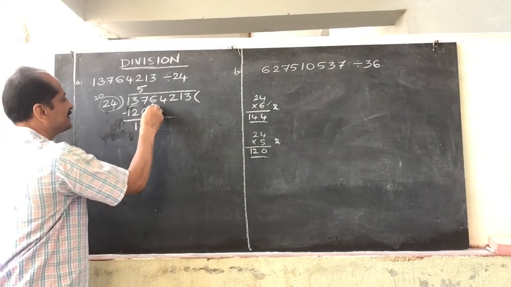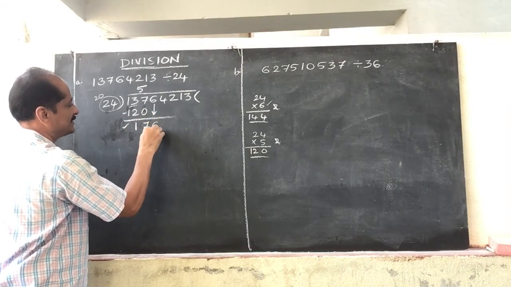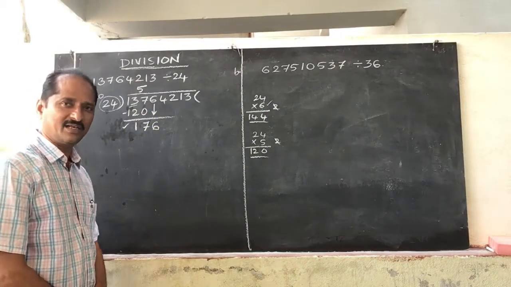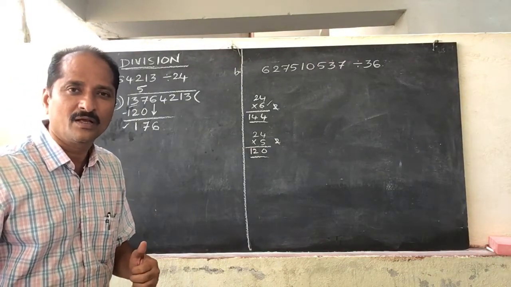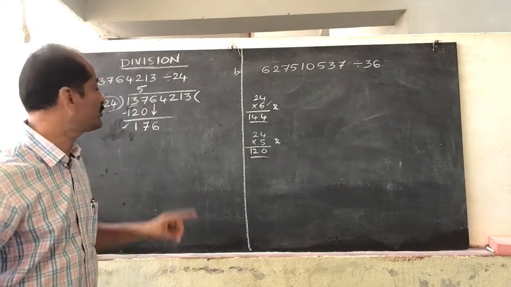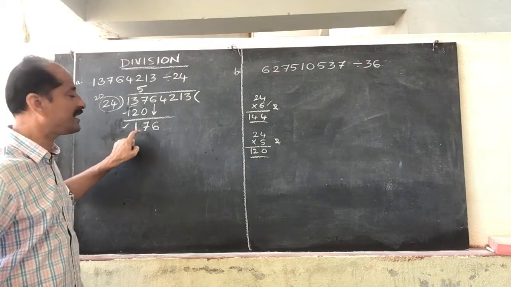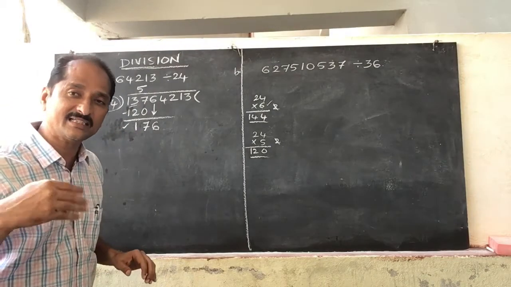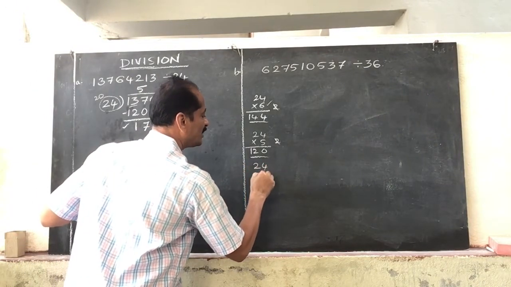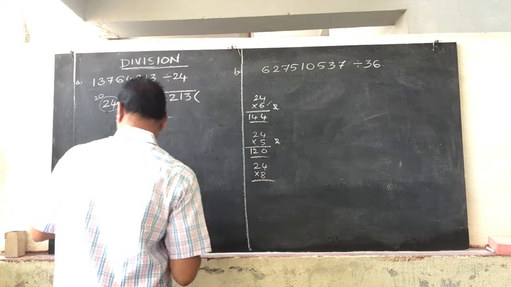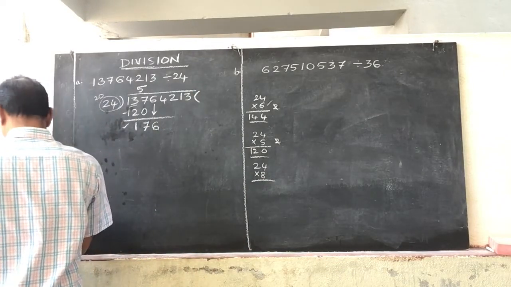So bring down the next digit. So this step is correct. So bring down the next digit, that is 6. 176. In 176, how many 24s are there we are finding? So to that, rounding off number 2. So 24 is 20 and 2. So how many 2s are there in 17? 2 8 jar 16. Kada? 8 times. You may think it for 8 times. And now 24 8 jar you can check here. Whenever you are multiplying 24 8 jar, how much does it become?